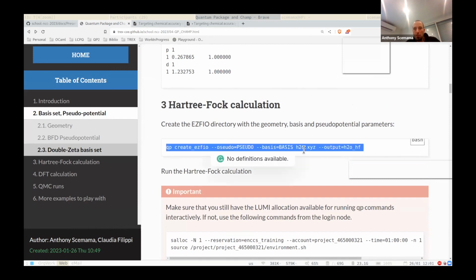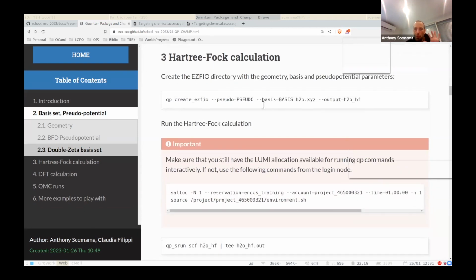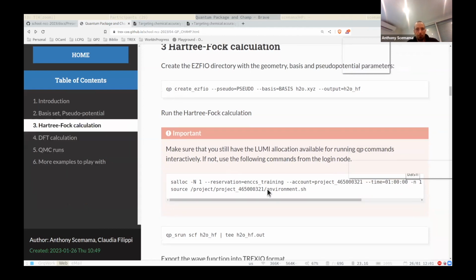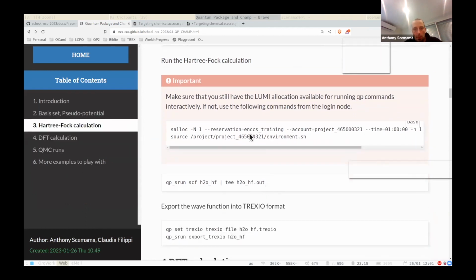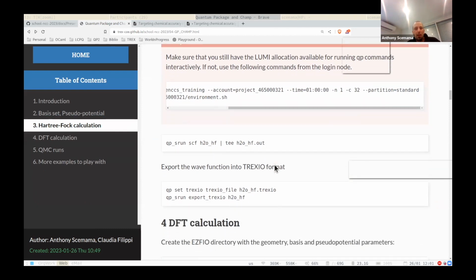Yes, so that's the command line you're supposed to run. So first you will run a Hartree-Fock calculation like this. So here I put again the salloc. Here I think there should probably also be the problem of, okay, no, partition standard, well done. So it's fixed.